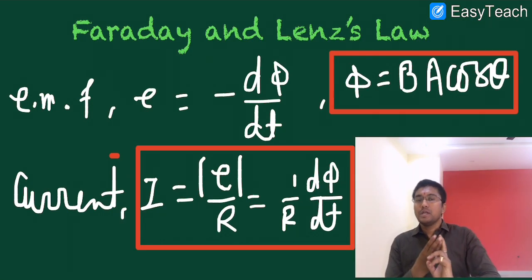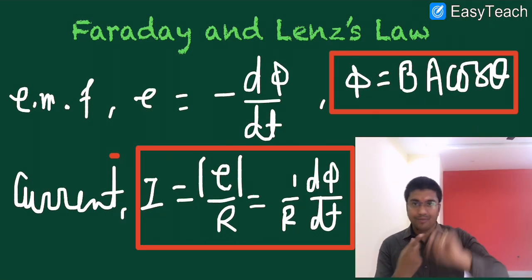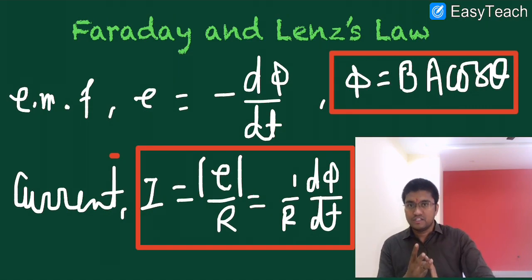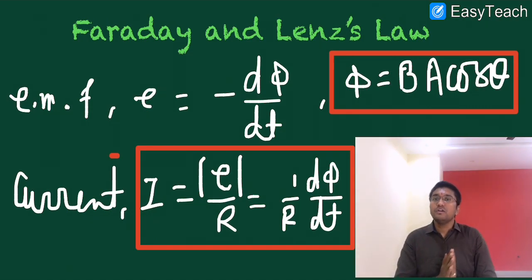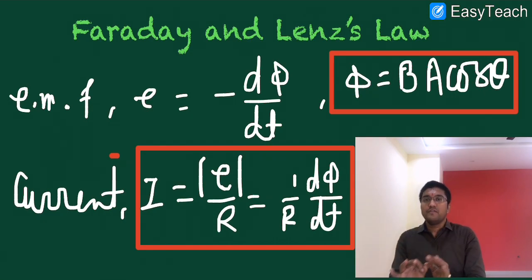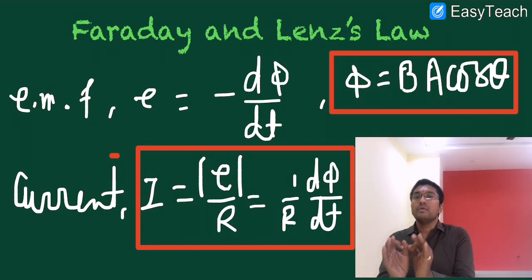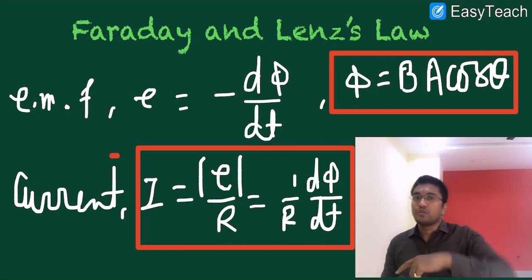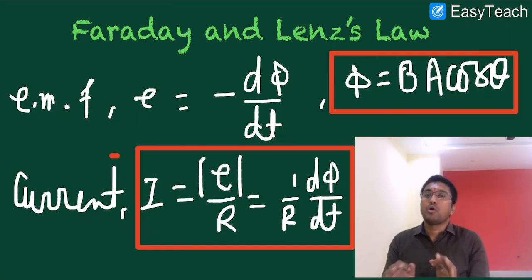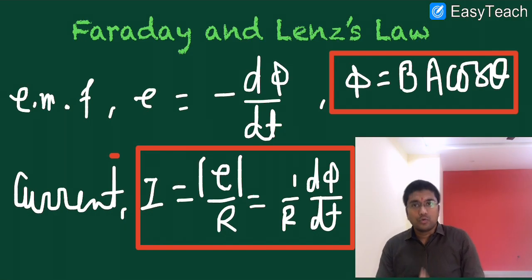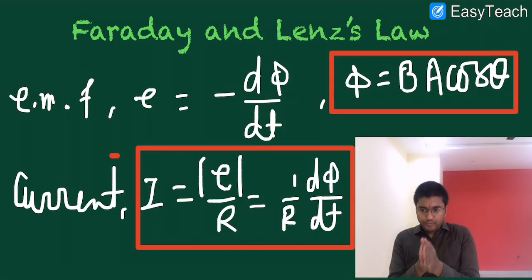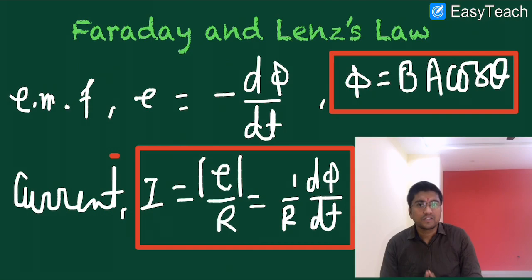So if any one of the three quantities changes, like magnetic field, area or orientation, there will be a change in flux. If flux changes, definitely there will be an EMF induced in the coil, and when that EMF is divided by the resistance of the coil, that will give you the amount of current produced in the coil. So this is the simple phenomenon of electromagnetic induction. In this way, electricity is generated.